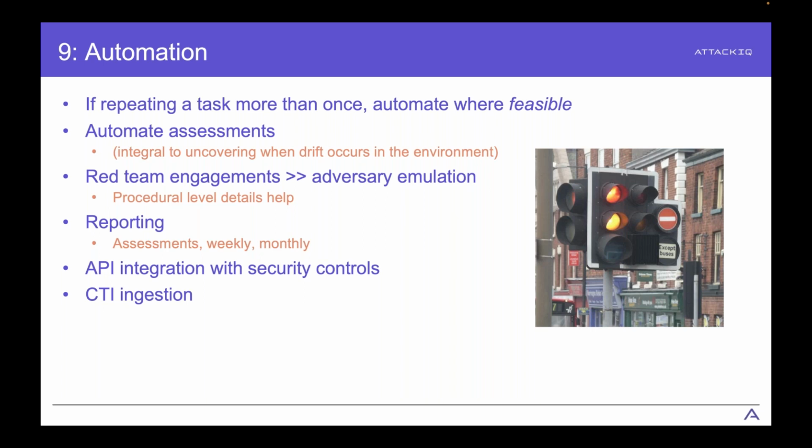For example, if you have a red team in the company and they are successful every single month or every single quarter that they run their red team operations, then maybe we can automate that in the form of an attack graph or an attack flow, for instance. That's just one example. We also have an API in Attack IQ, and various other ways that we provide automation. We can have schedules that run hourly, daily, weekly, monthly, etc.